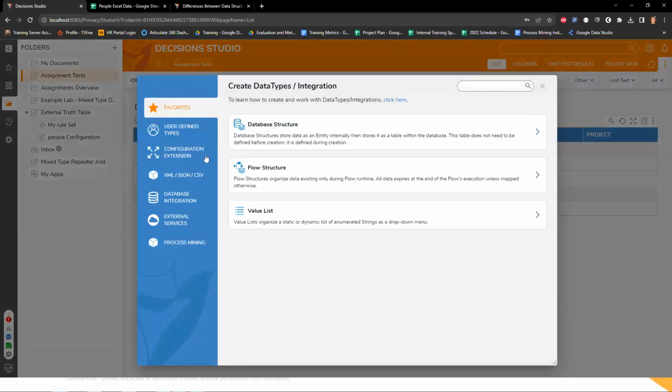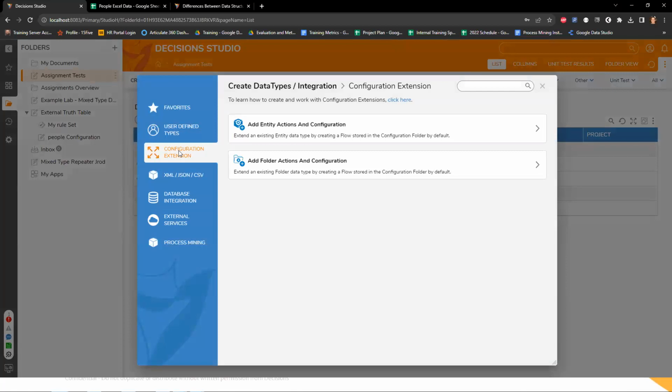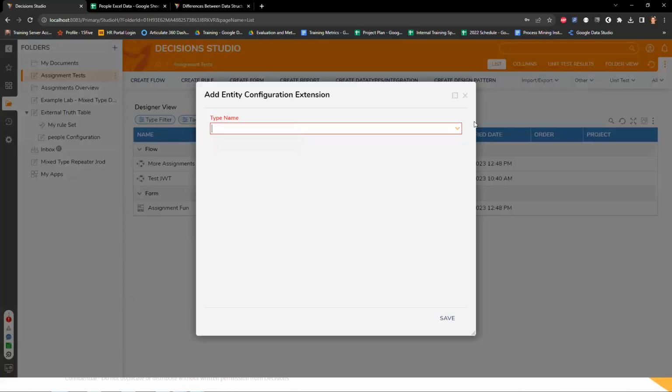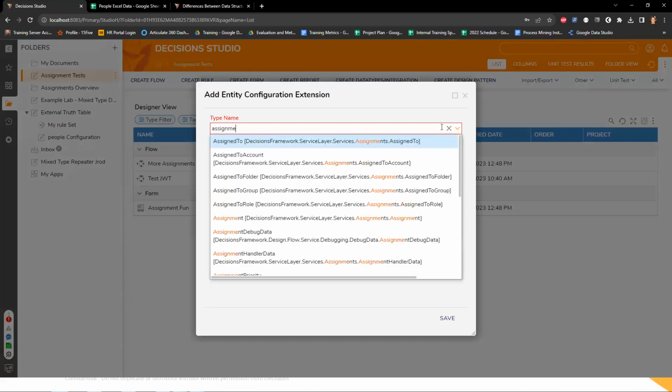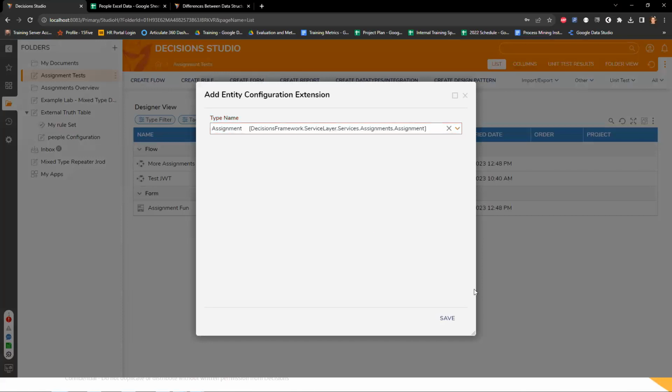And so what you can do is you can create yourself a configuration extension on the assignment data type. Yeah, so I've already done that. So I have my right-click event, but I just don't know what to do in the right-click event